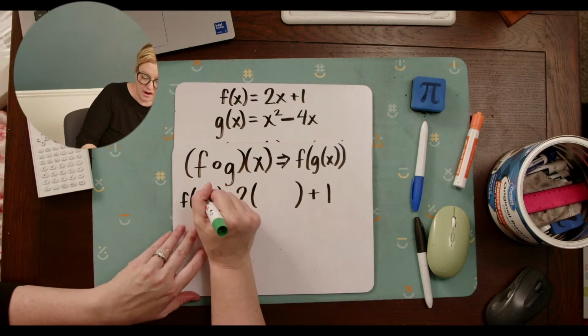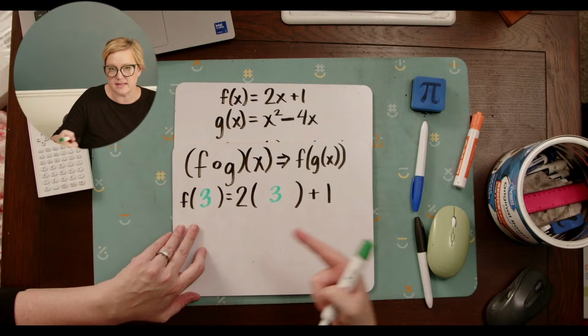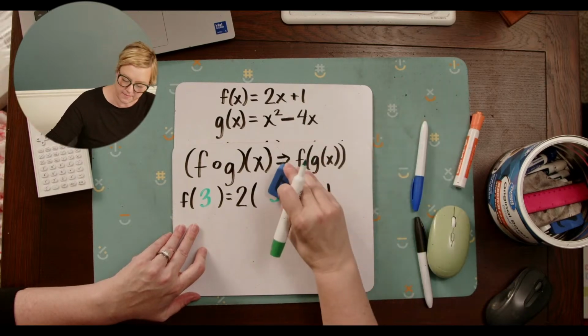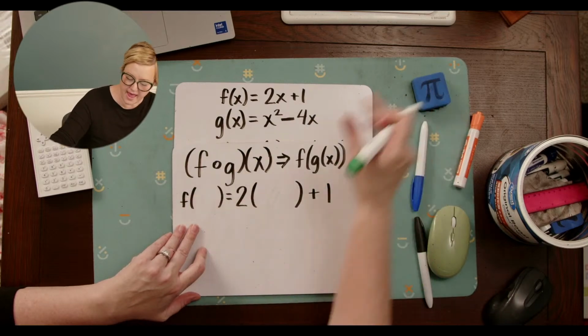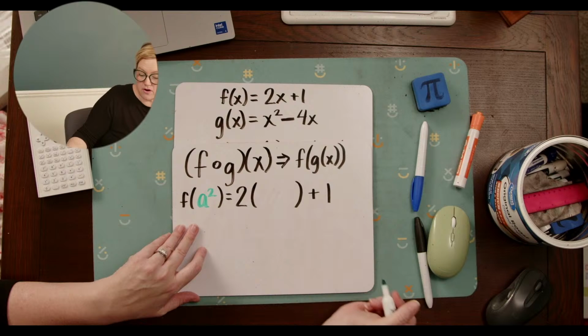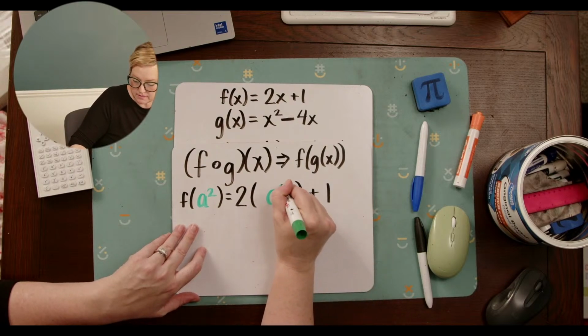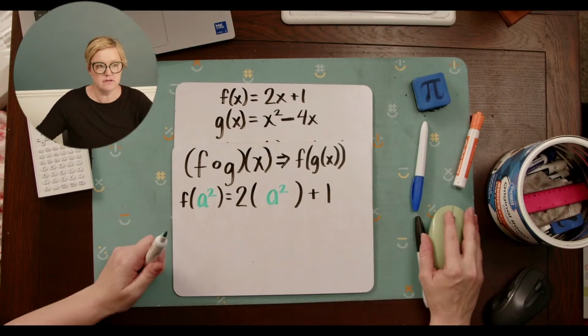If I had 3 here, I'd put in a 3 here. 2 times 3 plus 1, that's 7. If I had a squared here, I'd put in a squared here. Whatever I put in here,